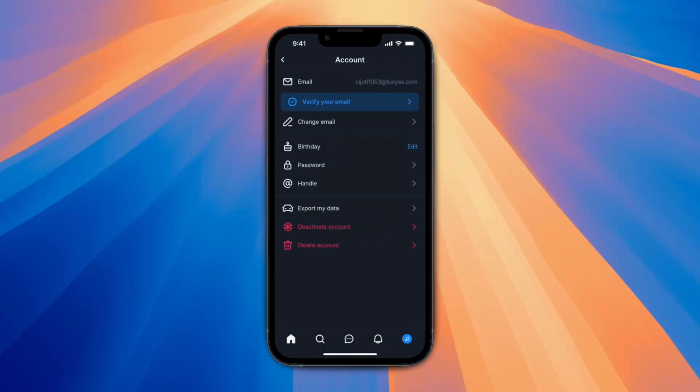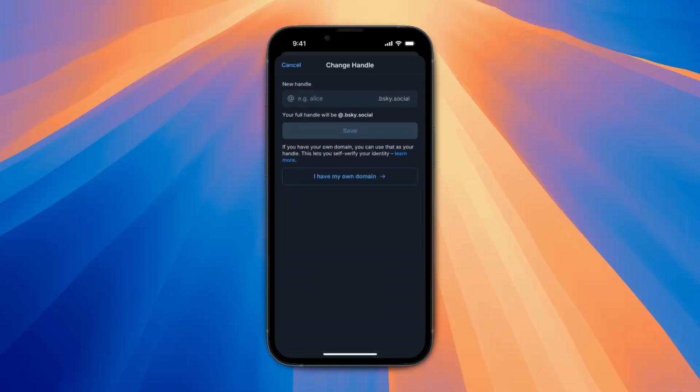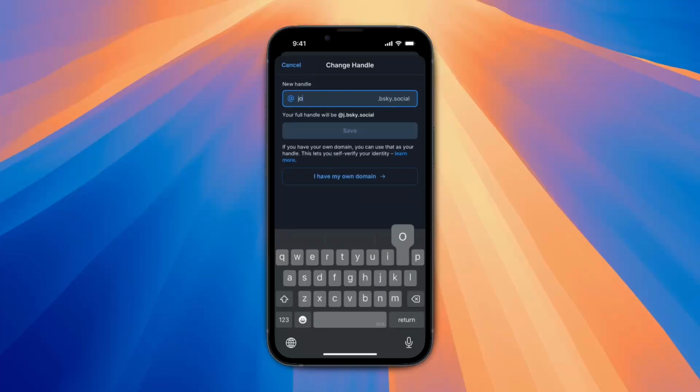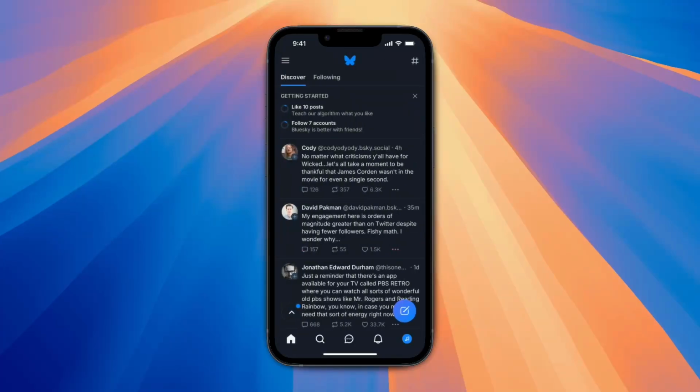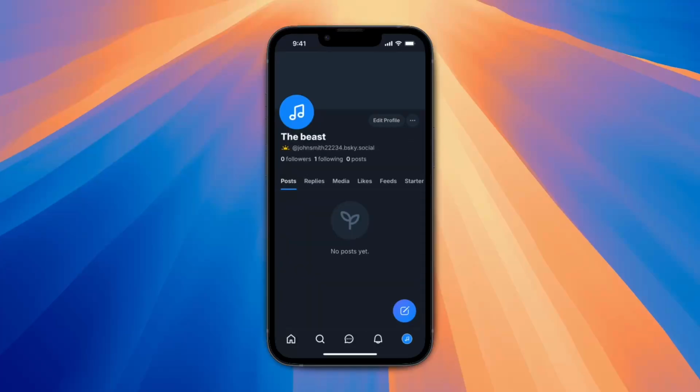And here I can change my email, I can change my birthday, password, or if I tap on handle, here I can change my handle. So for example, let's make it John Smith, like 22234, save. And if I go back home to my account, as you can see here, my